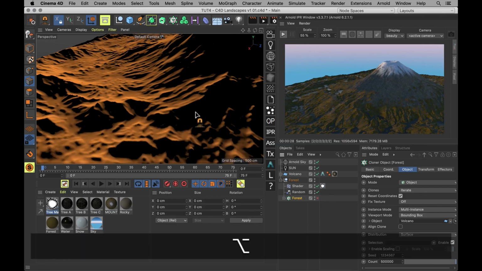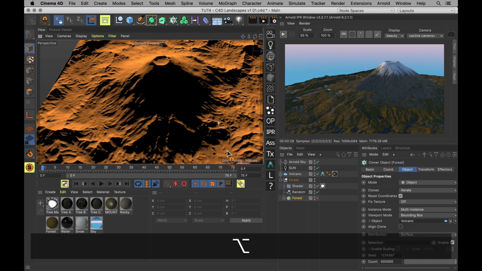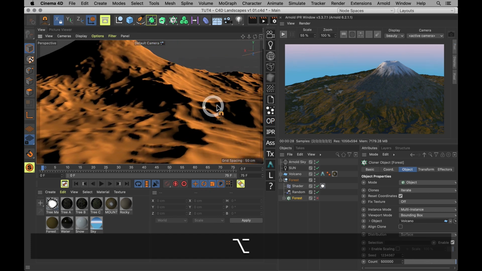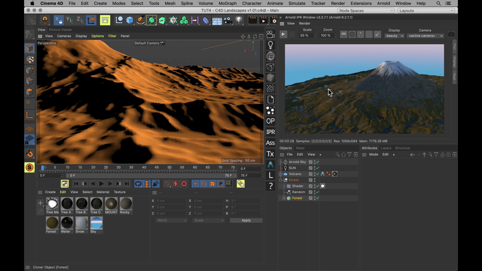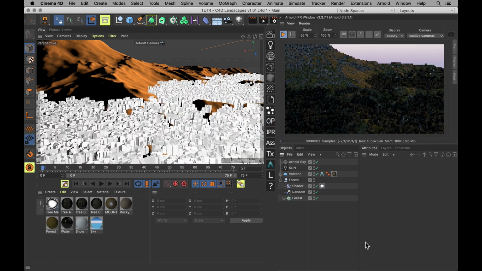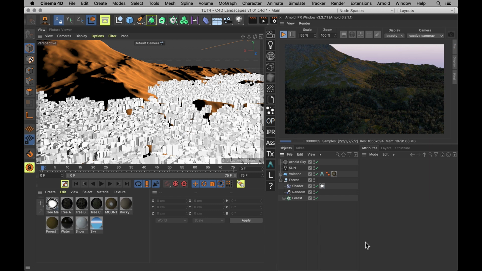But if we temporarily turn that off and find a nice little angle to do a test render from, you can tell that having a little bit of trees there makes a world of difference. Now, it is very slow to work with, so if you find these 500,000 trees too slow to work with, you can always figure out where you're going to put your cameras and do a polygon selection for just those